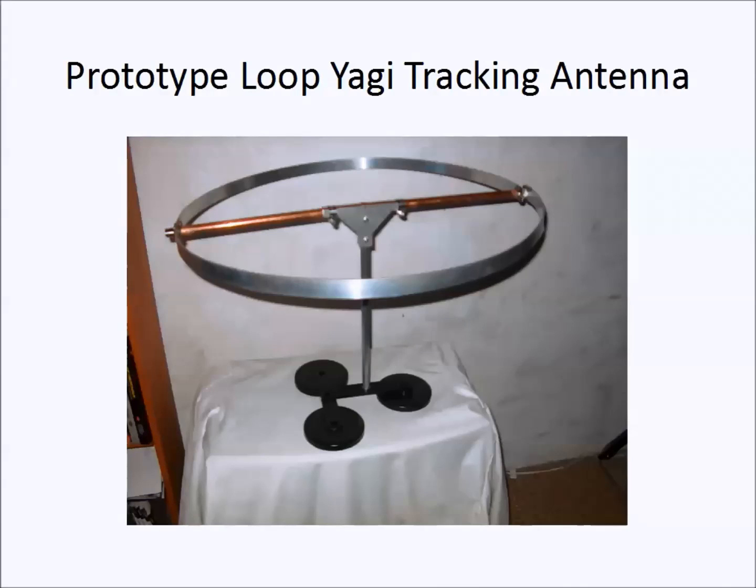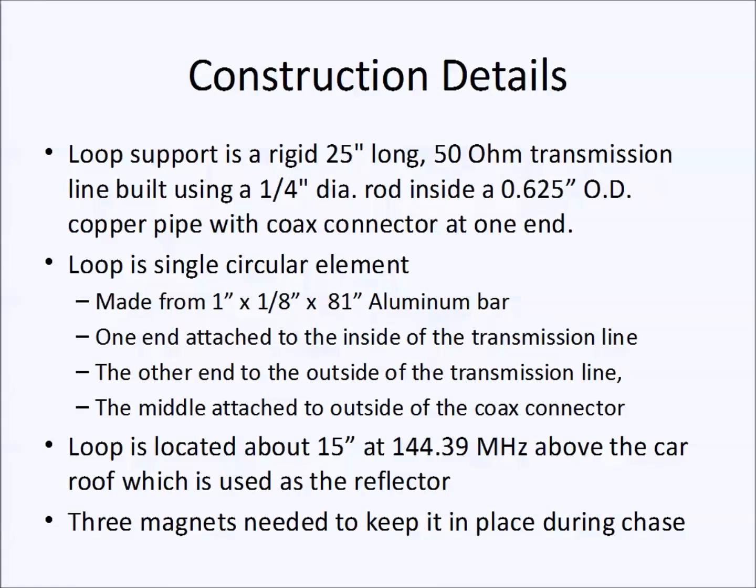And the way it works, as we start looking at some of the construction details, this piece here is a transmission line. The coax connector goes here. One side feeds the outside of the loop. The outside feeds one half of the loop. The center conductor feeds the other half. And you end up then getting a nice antenna. It installs on your vehicle fairly easily